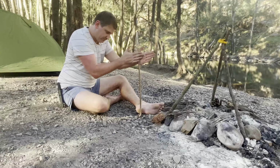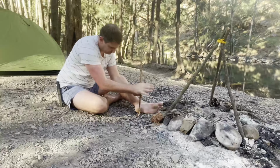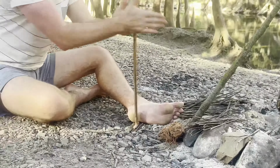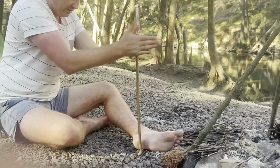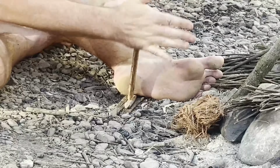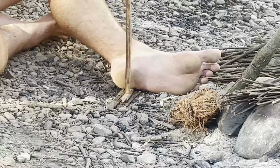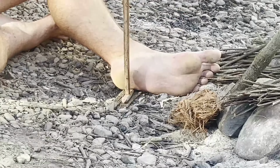And then you spin. I find doing about three goes to be good. You don't want to go too fast. And then you want to pick up the speed a little bit until you see just a little wisp of smoke. You want to do that a few more times until your bundle of dust at the bottom fills up. Then when you've got a good amount, you